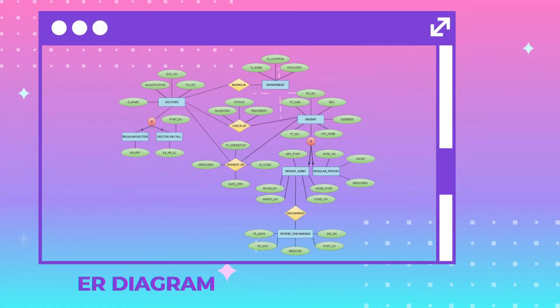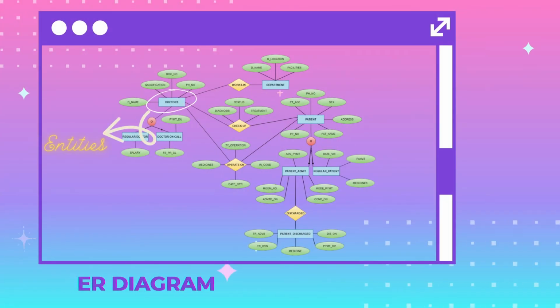So, this time, I will discuss the ER diagram of a hospital management system. As you can see, there are different shapes in the ER model, including the rectangle, diamond, and oval. The rectangle is used for the entities. So, what do you mean by the entity? An entity is a thing or object in the real world that is distinguishable from the surrounding environment.